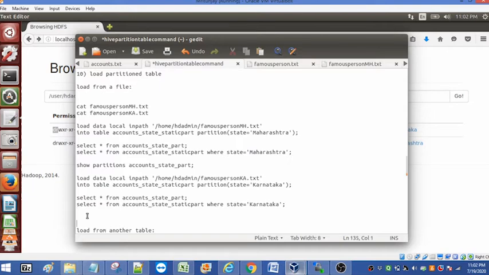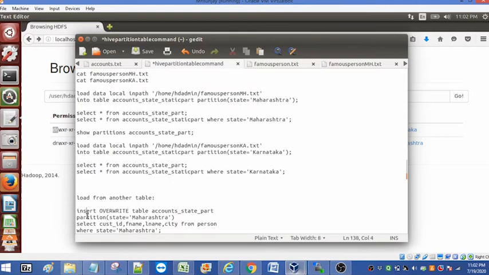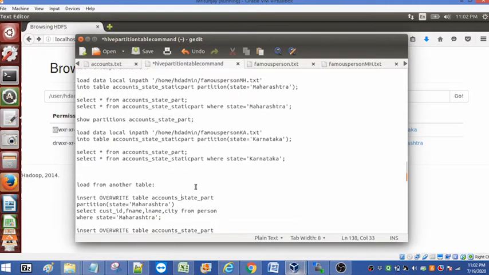Now we'll see how to load data from another table. Table name is static. We'll drop it first.